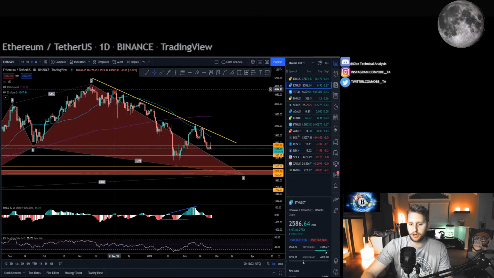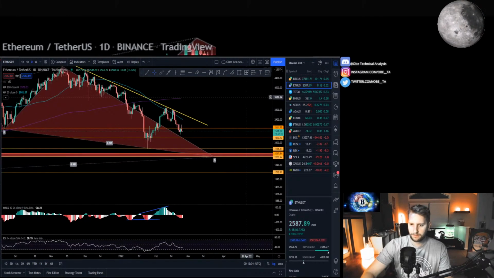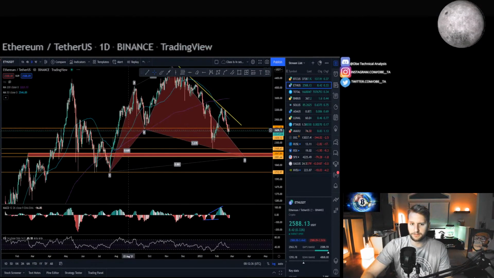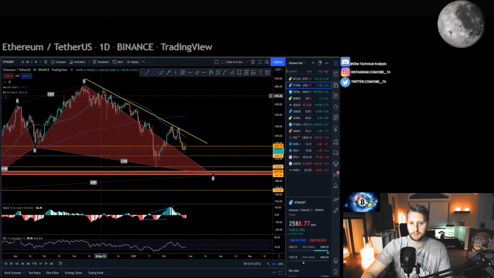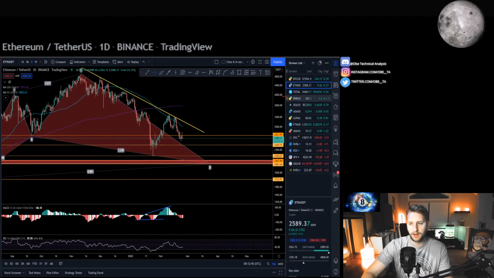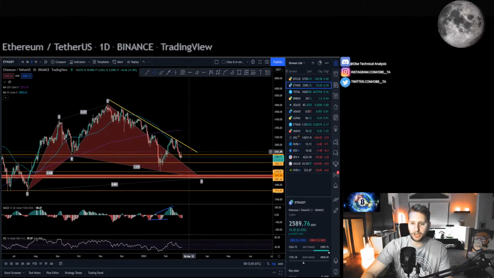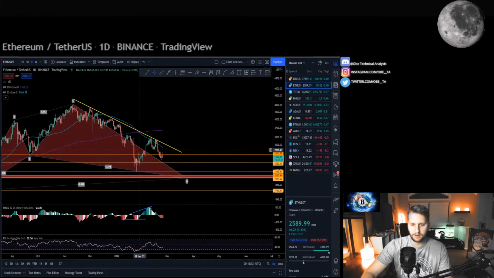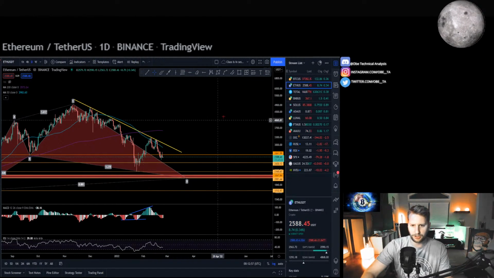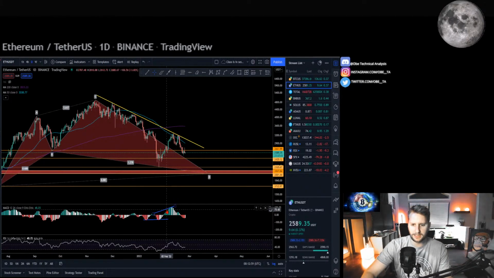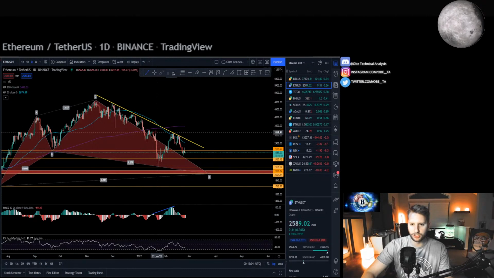Ethereum has this trend line that's been going back since December 1st. So first you need to get back above this inflection point, 2661. All right. Then you need to get above the 50 moving average and that trend line that has been touched now, what, 1, 2, 3, 4, 5 times. Every time it gets up into that level, it just sells off. Now, there is no divergence on the daily time frames, no bullish divergence. All we have is the hidden bearish divergence.